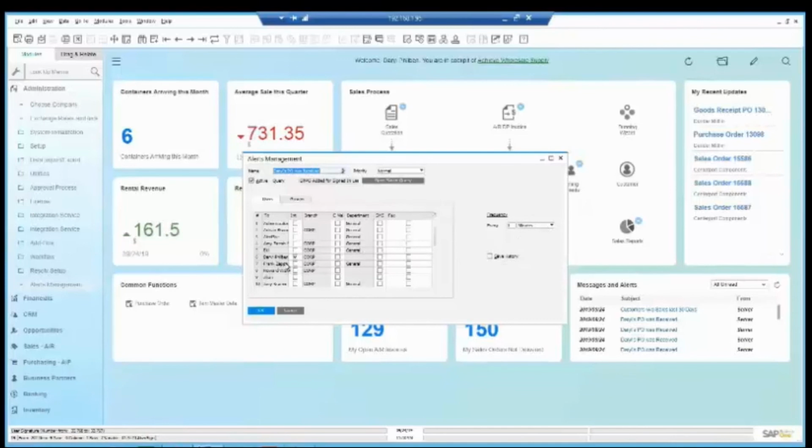whether or not I want to save the history, and whether or not I want it to go internally or by email. So you can see here right now I have it set to do an internal message. And let's go ahead and take a look at this query. Now, this particular